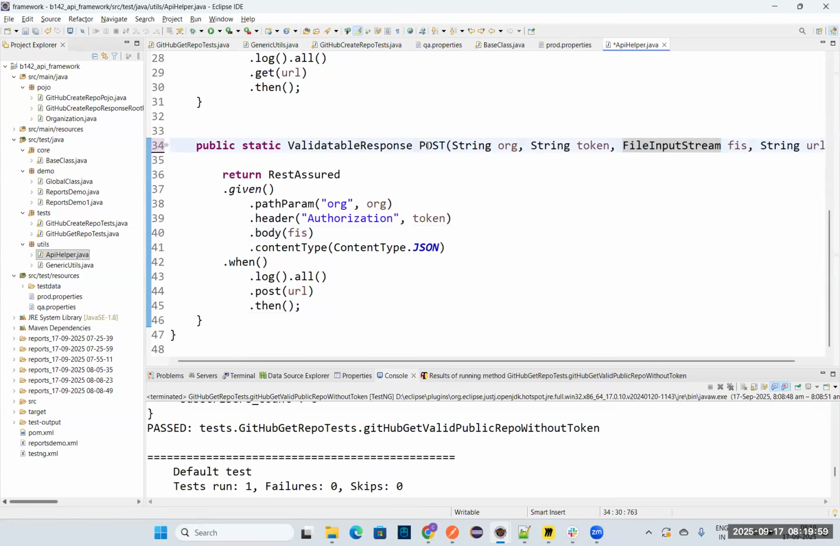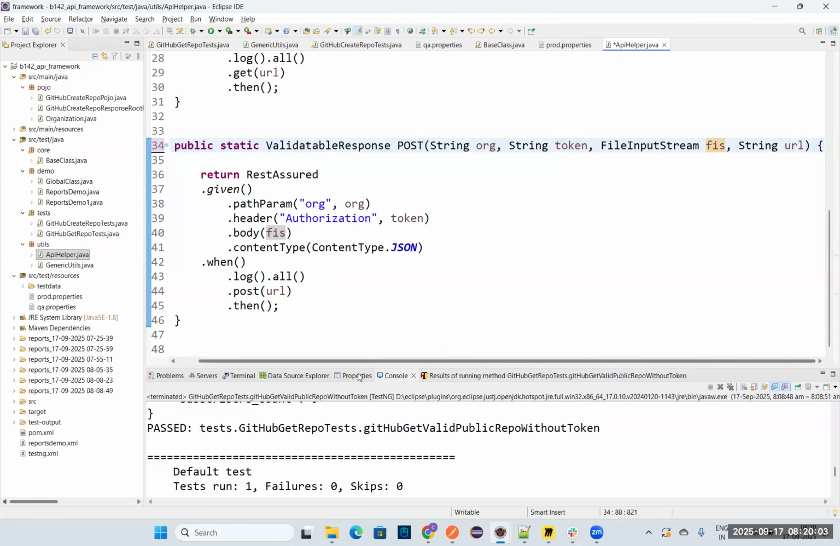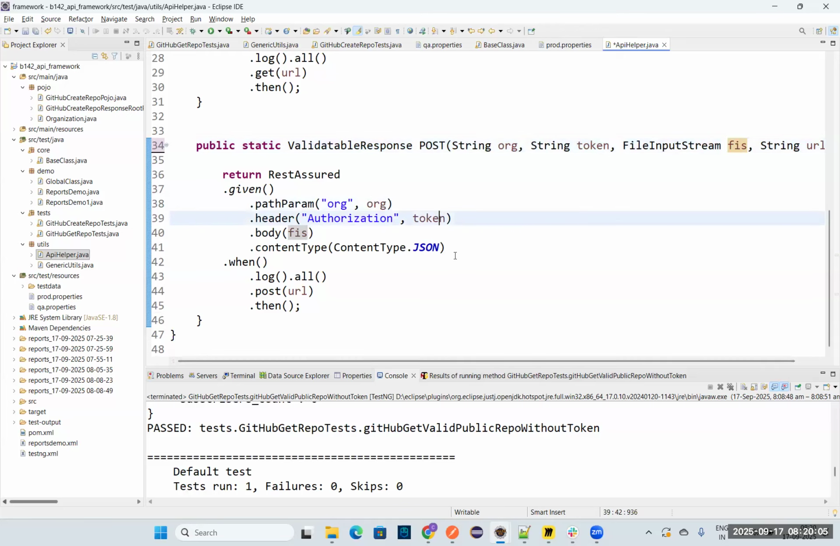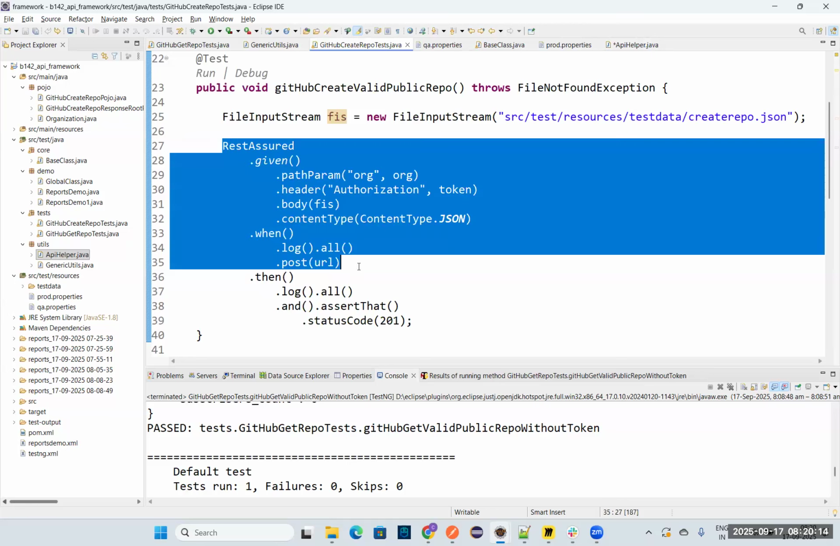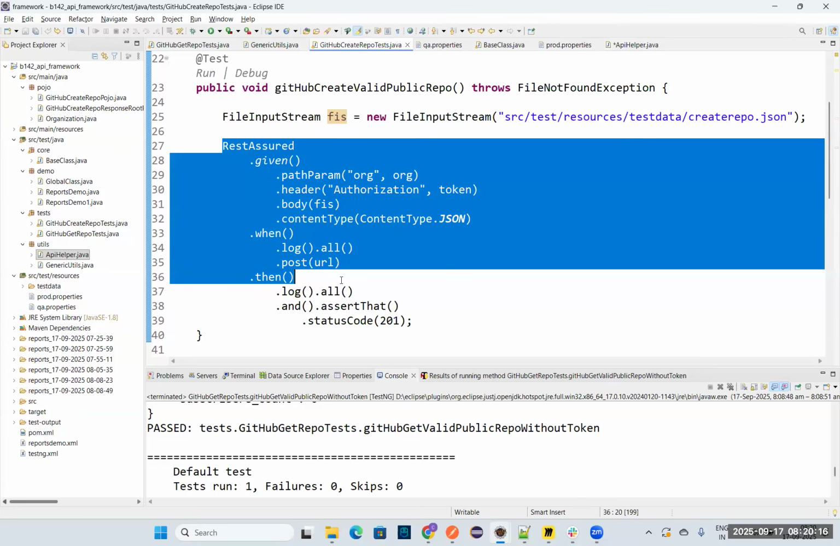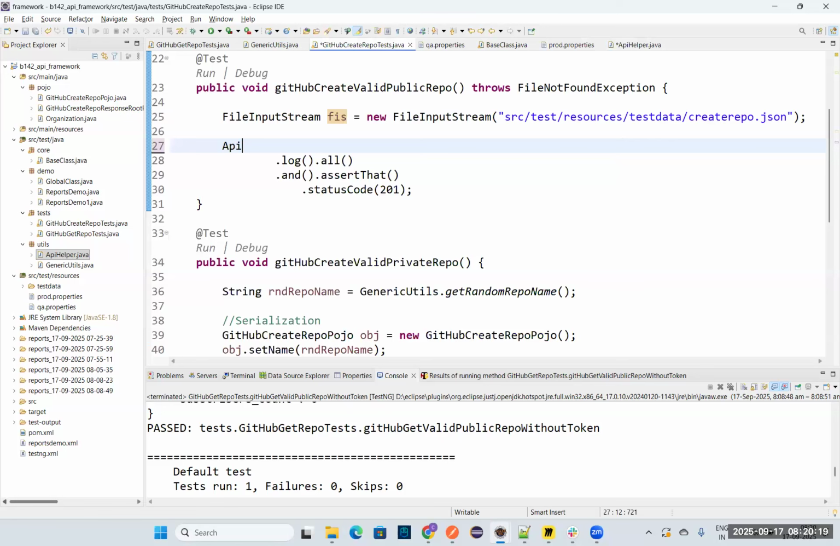So you have the validatable response. This is a post method. It takes arg, token, file input stream as well as the URL. And it returns the validatable response. This one is very easy. I can just replace this entire stuff with API helper dot post. And what should I pass here? Org. Here I should pass token. Here file input stream. Here URL. And this will return to me